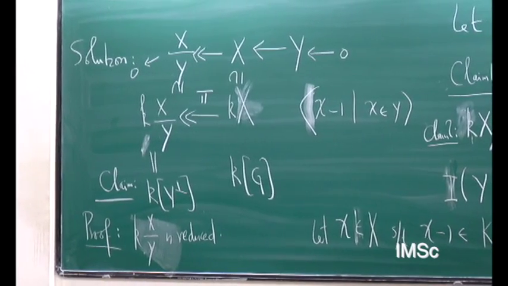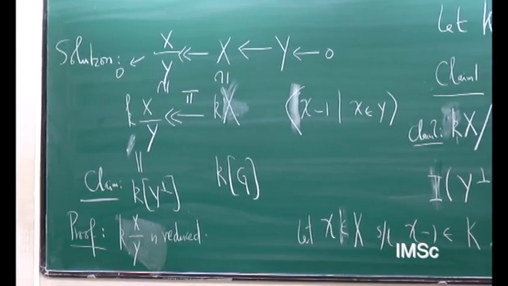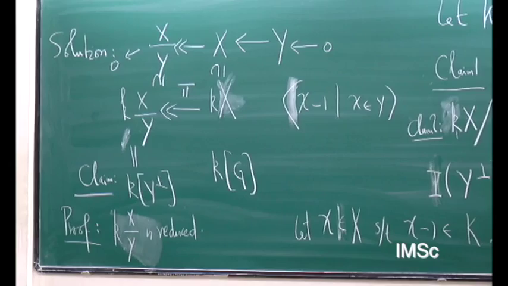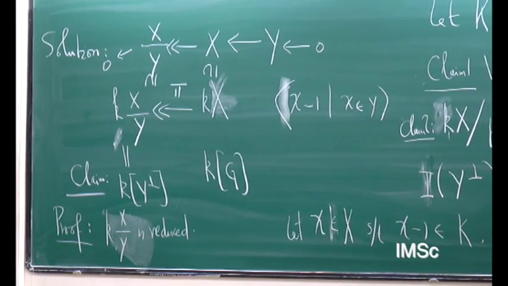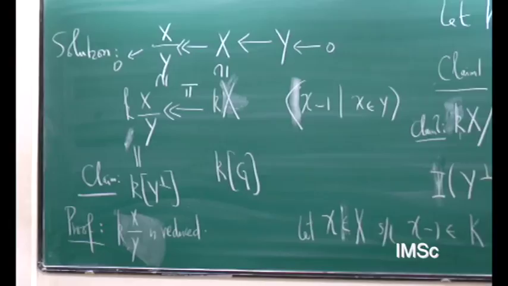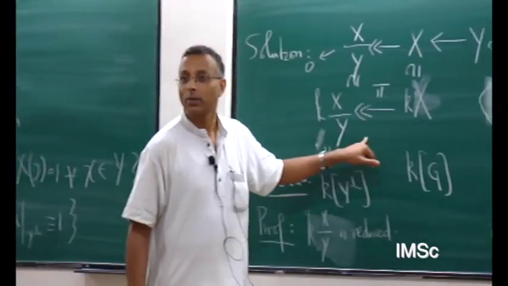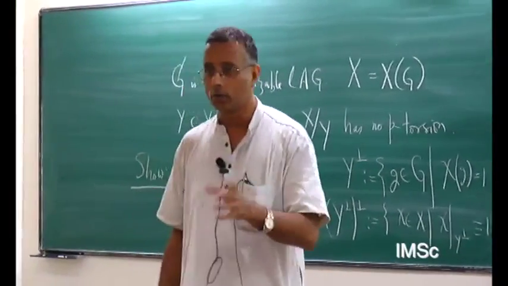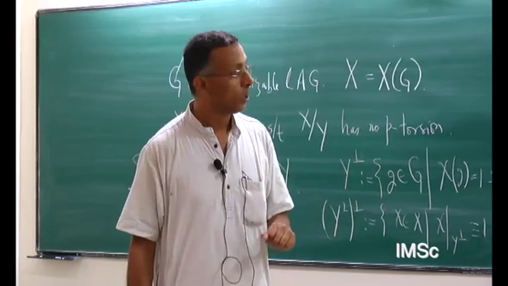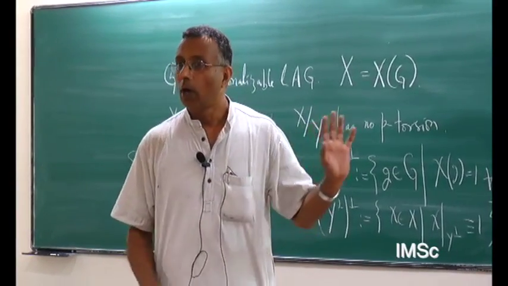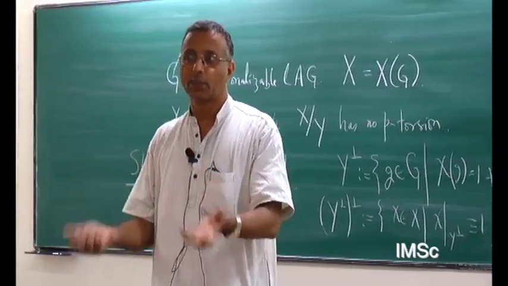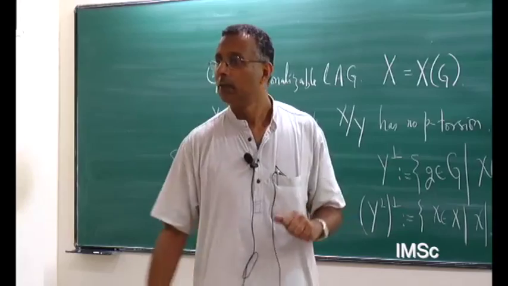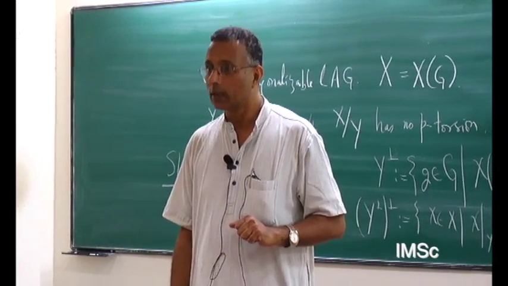Okay, let's do the following. How about we take a range check on this? I hope I have said something new that we didn't have before, namely the fact that this has no p-torsion has to be used in the following way. I should have maybe written it down. I saw how to do it and didn't have time to consolidate it. I will also try to write it in a way that is transparent. In the meantime, think about it, and if there are doubts, we can discuss it again.